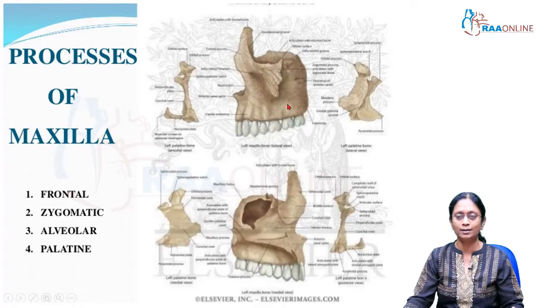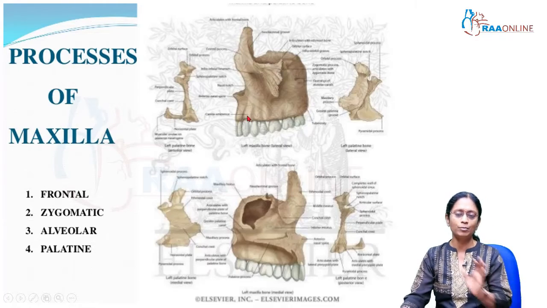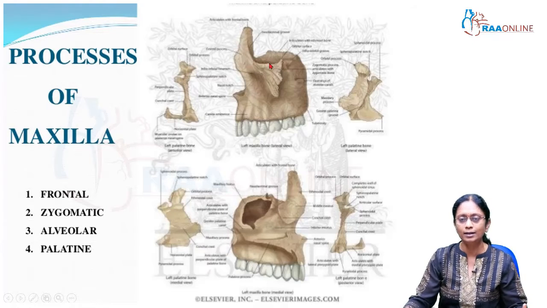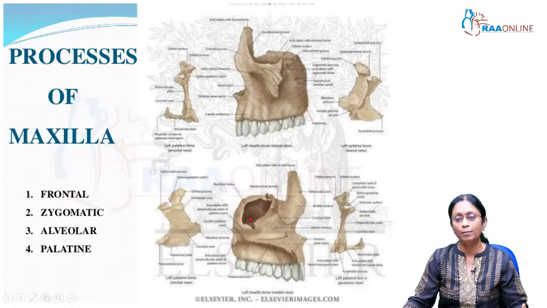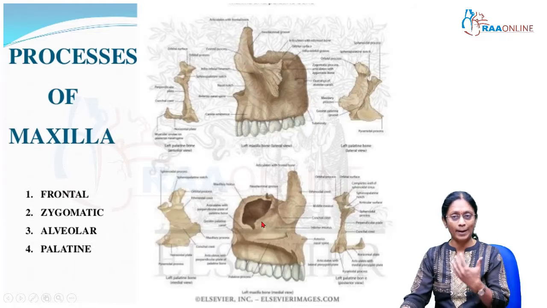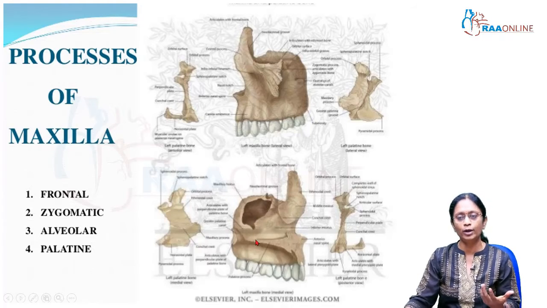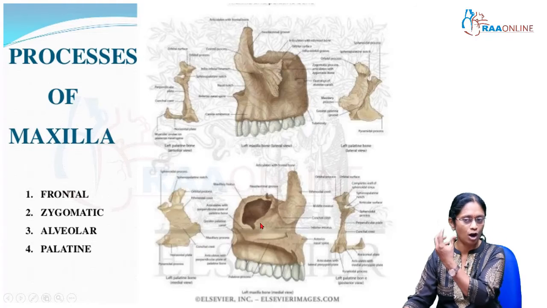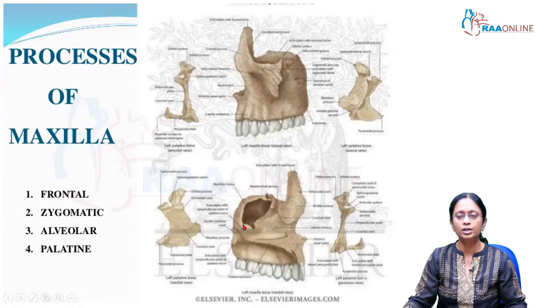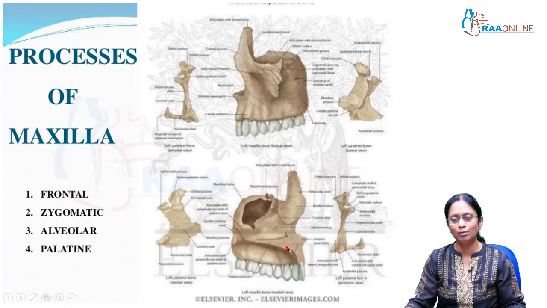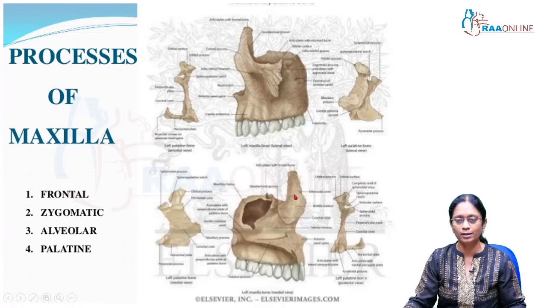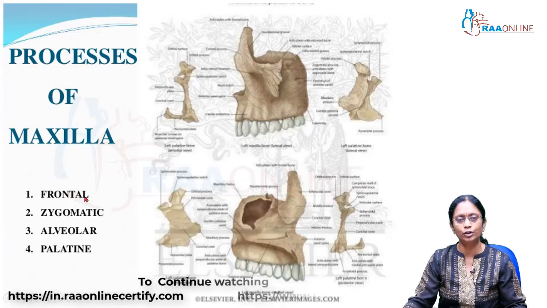If you're looking at the maxilla from the tuberosity side, from the lateral aspect, that is how the maxilla looks. But if you're looking from behind, from the palatine, sitting right in the center of the palate, then you will be looking at the zygomatic buttress which comes out. This is the zygomatic process coming and sitting and articulating with the maxillary process. You have the palatine bone here, then you have the orbital portion out there. So these are the processes of the maxilla: the frontal, the zygomatic, the alveolar and the